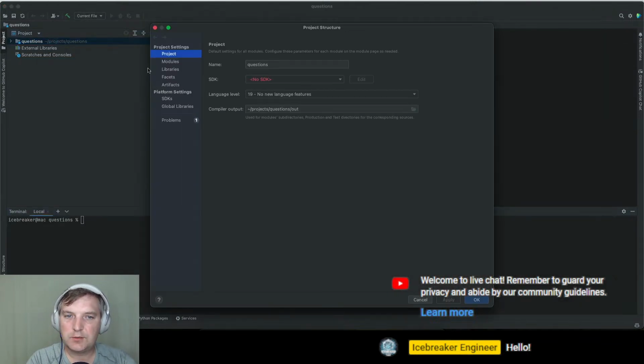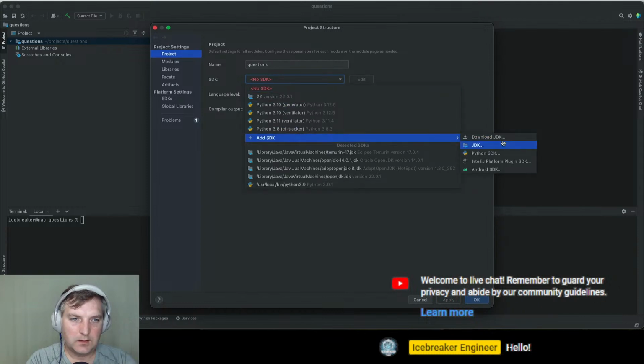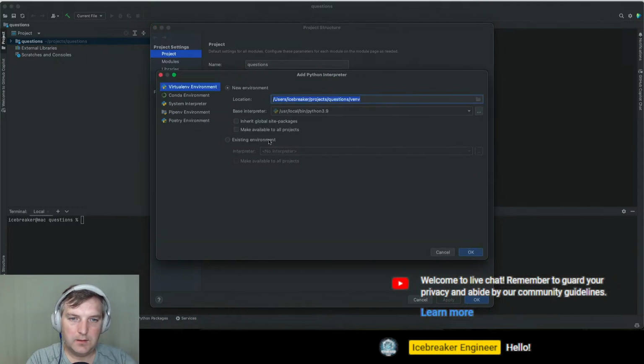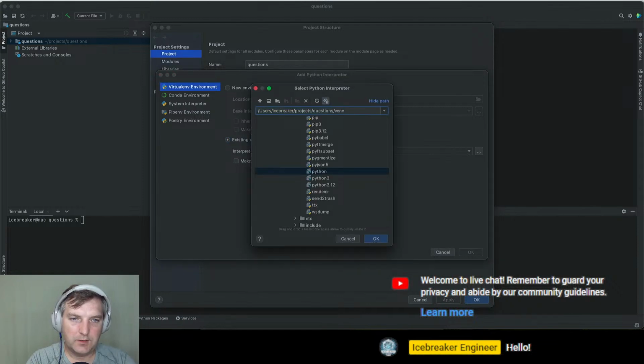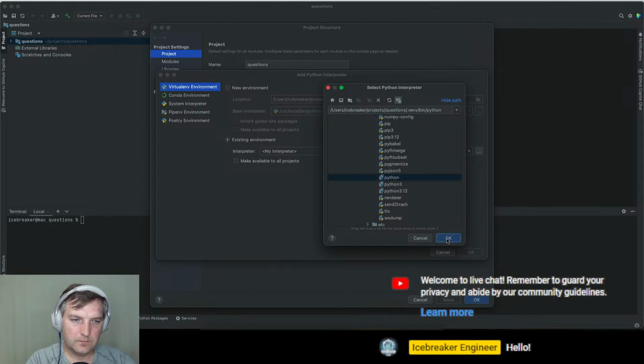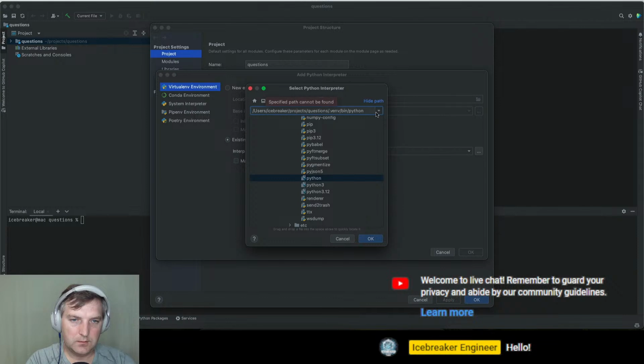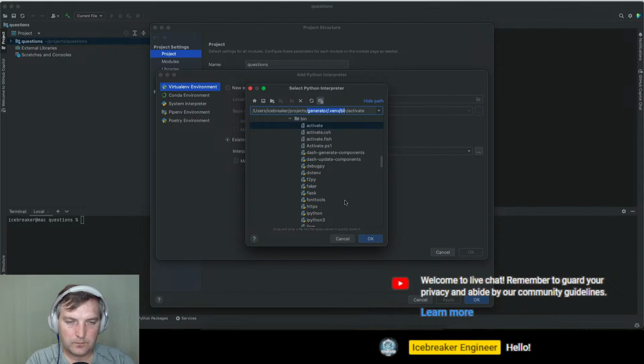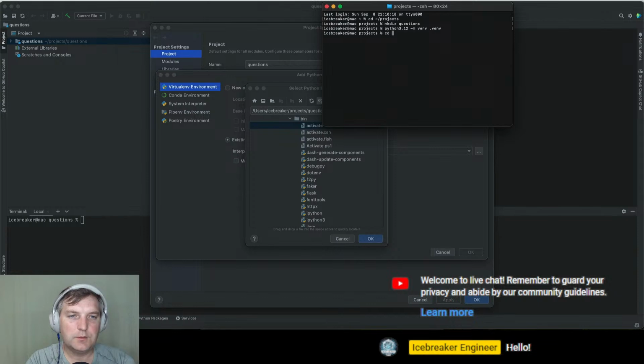Let's go to the project structure, and now let's select a custom Python SDK with the already predefined bin/python. What did I do? Oh, shoot.